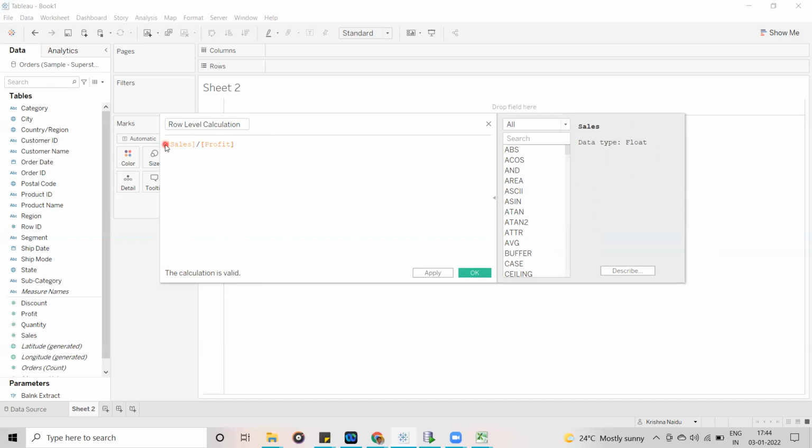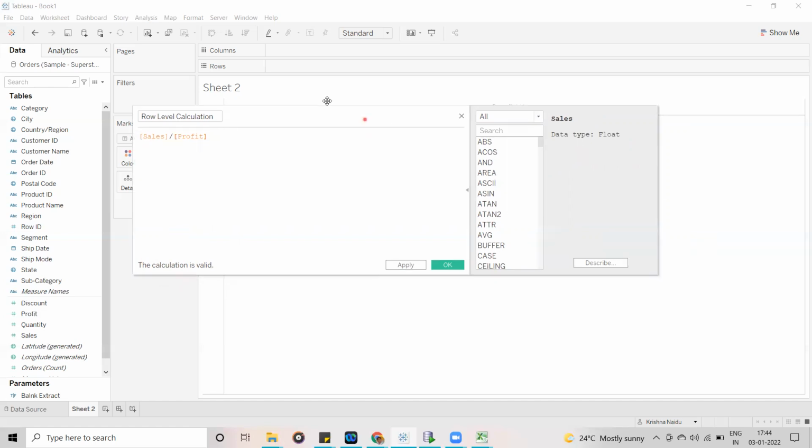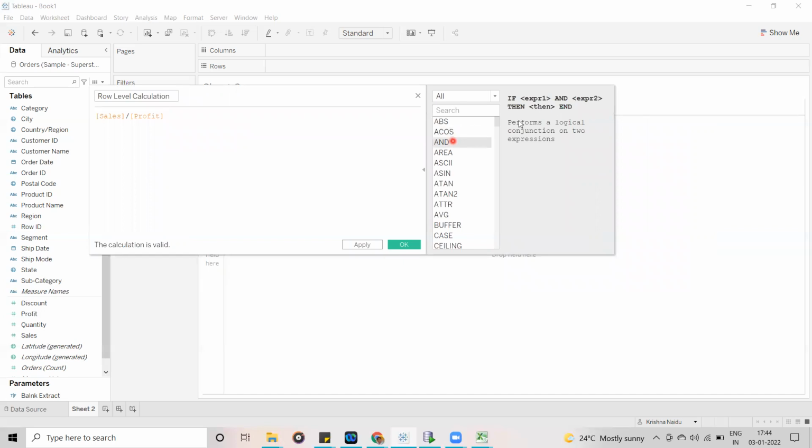If you use the expressions and logic in a proper manner, it displays that the calculation is valid. If you are not using the functions or conditions properly, it is going to throw an error. Now I will show you a simple example: sales by sum of profit.